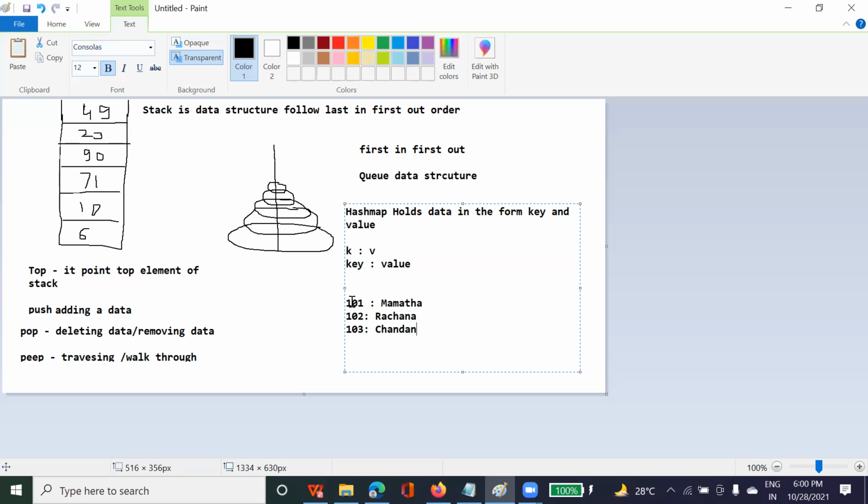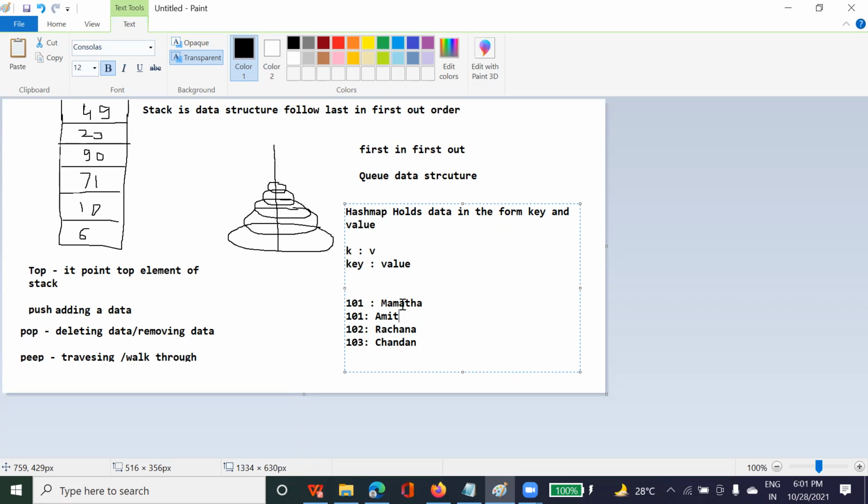So this key is what? Here 101 is identifying you, right? So this key 101 has the value Mamata. What do you mean by this? The key identifies the value uniquely. This key 101 is assigned to you. Is it possible in your class that roll number 101 belongs to Mamata and roll number 101 belongs to one more person, let's take Amit as well? Is it possible that two candidates will have the same roll number in a class? No. Correct. Good. So the reason is, we took the concept from there only, key and value.